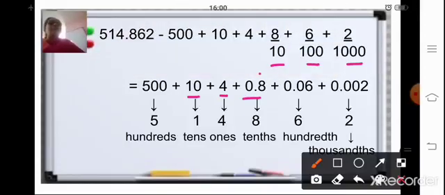So always remember that the digits after the decimal point should be equal to the number of zeros in the denominator. Now here the denominator has got 3 zeros. So the digits after the decimal point also should be 3. 2 is a single digit number, so we are adding zeros to it. So keep it in mind that the digits after the decimal point should be equal to the number of zeros in the denominator.